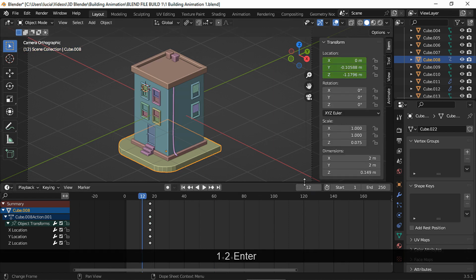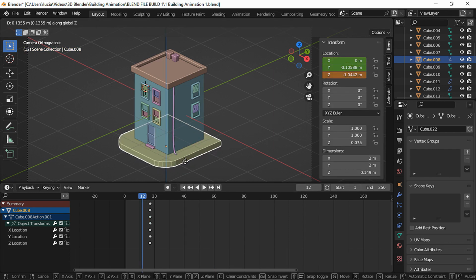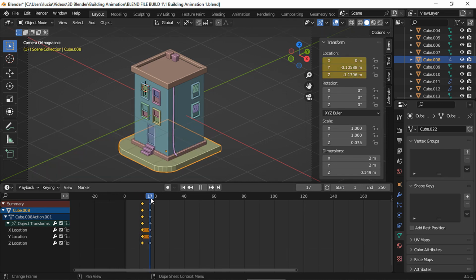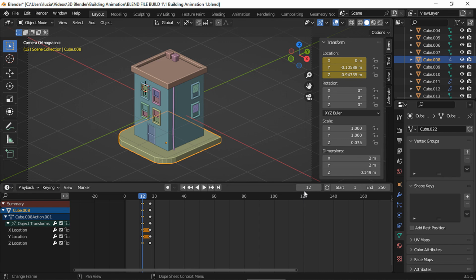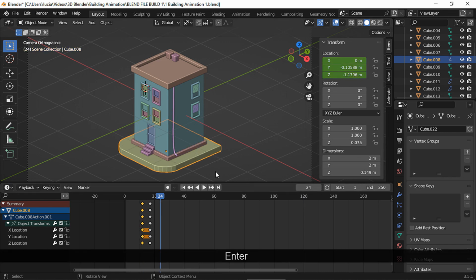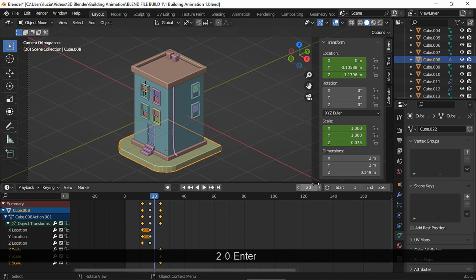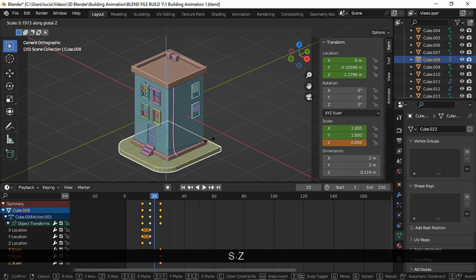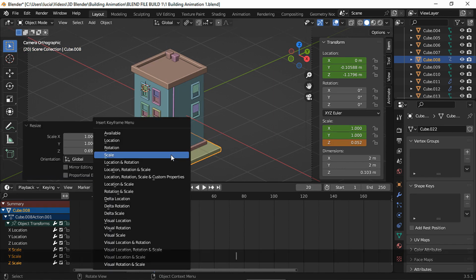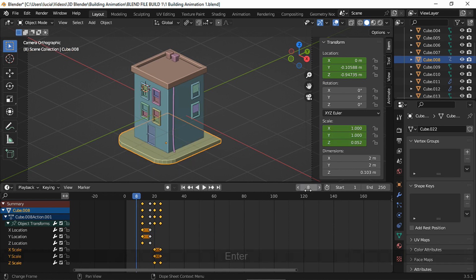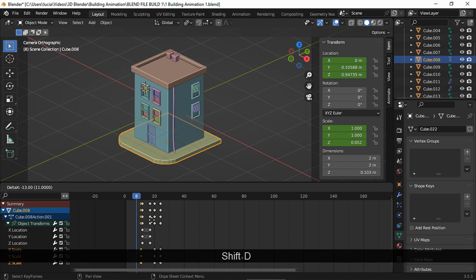In frame 12, move up on the Z-axis and insert a location keyframe. Now in frame 24, set a scale keyframe. And in frame 20, scale down on the Z-axis to create a bounce effect and set a scale keyframe. In frame 8, duplicate the final scale keyframes.